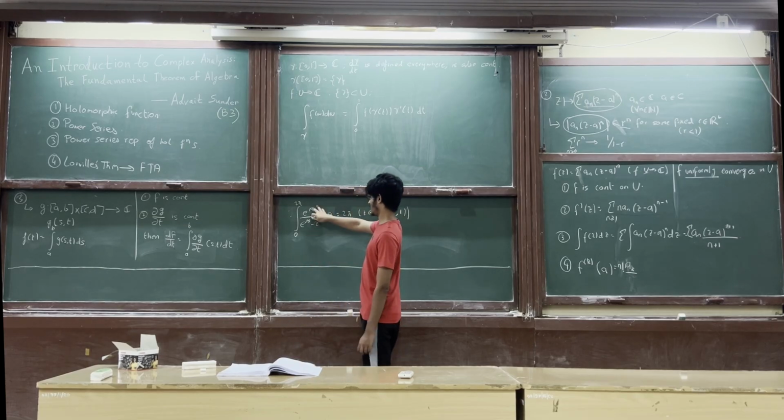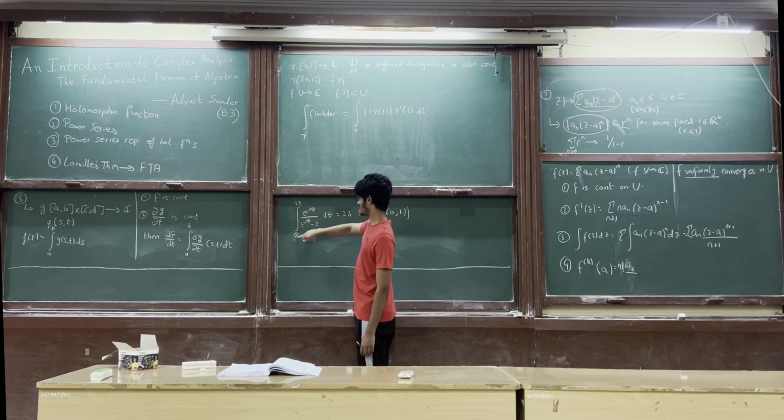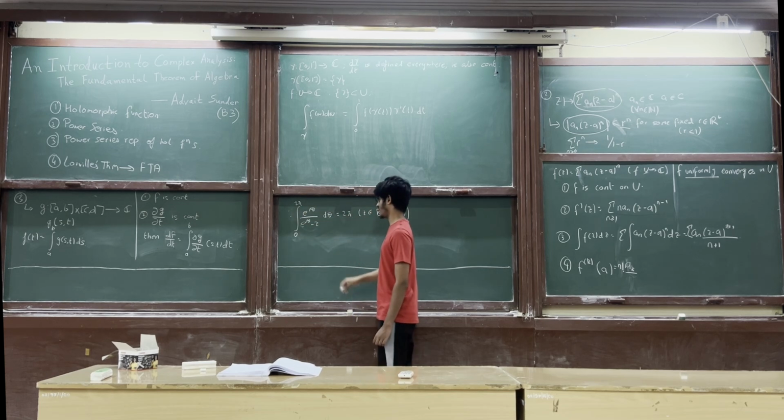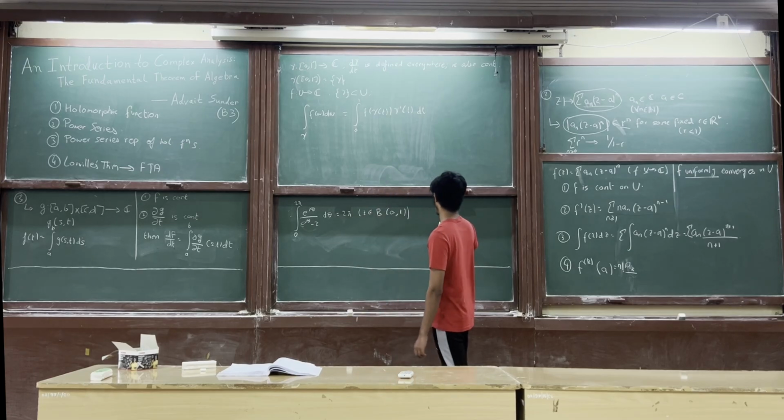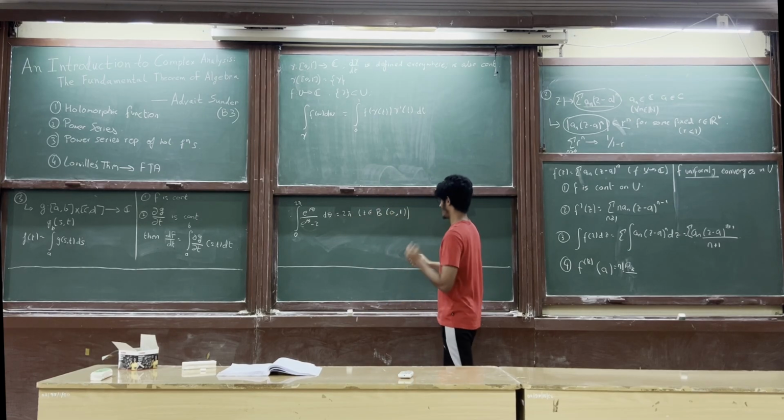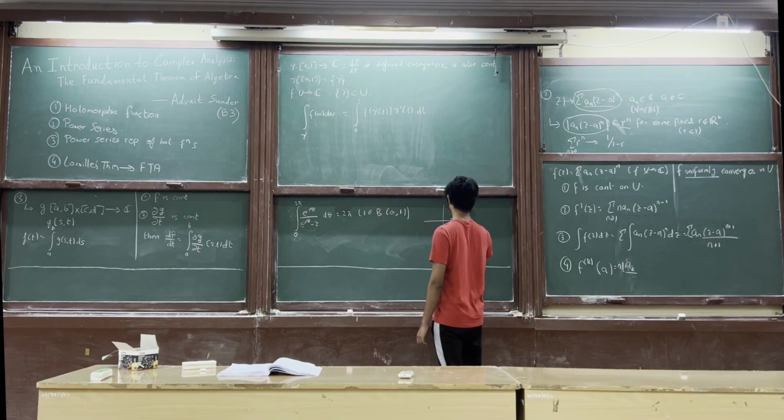So the integral of this quantity from 0 to 2 pi, as theta ranges from 0 to 2 pi, will always be 2 pi for any z you take in the open ball of radius 1 around 0. This might be very scary looking, but this just says that given some motivation,